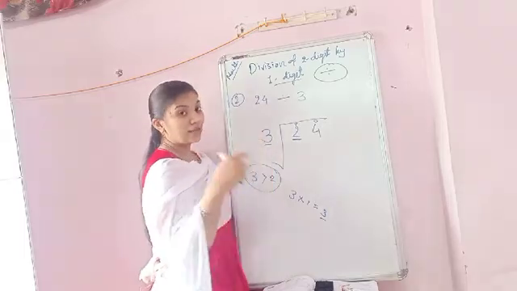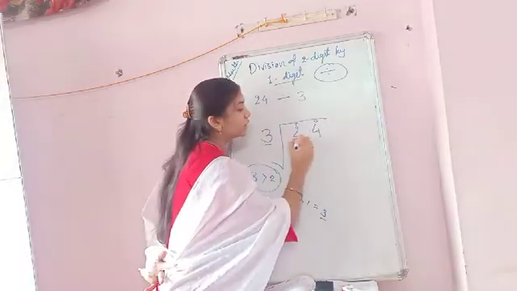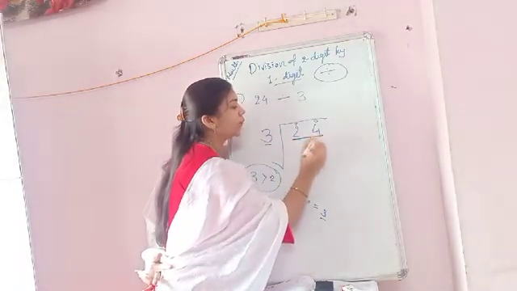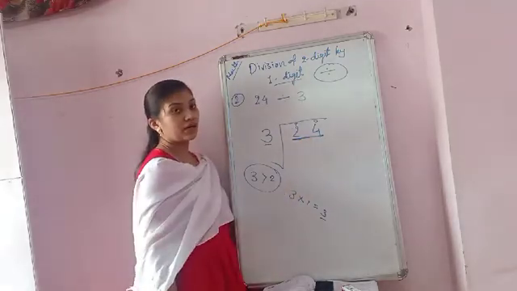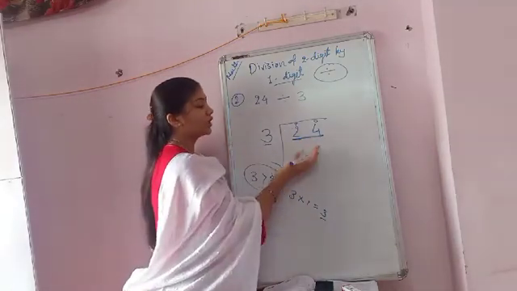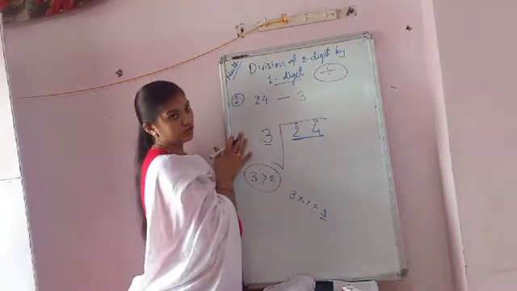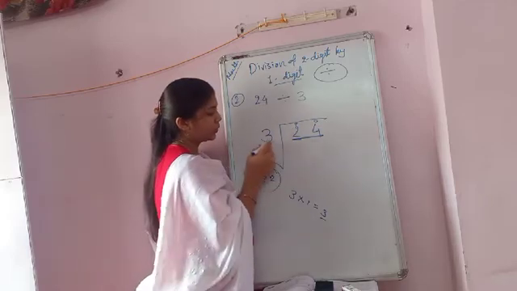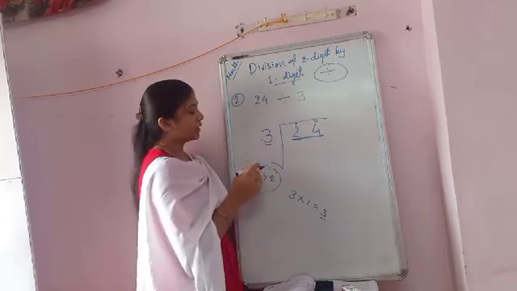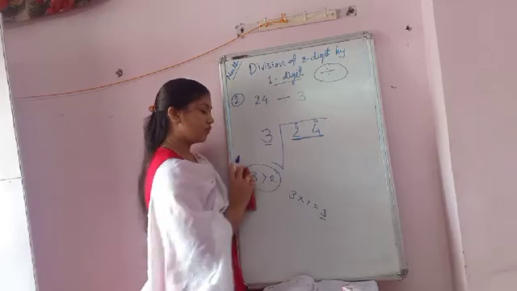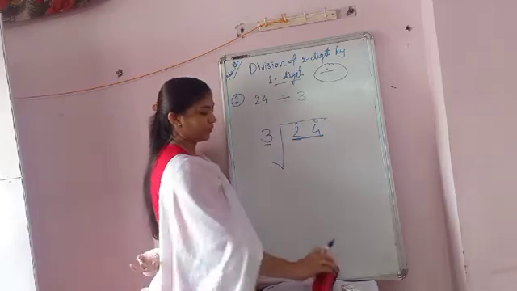So now second method, you have to take a 2 digit. आपको 2 digit को compare करना है. अगर वो बड़ा होता है then you can do the division. So 24 is larger than the 3. So condition is right. Now you can do the division.